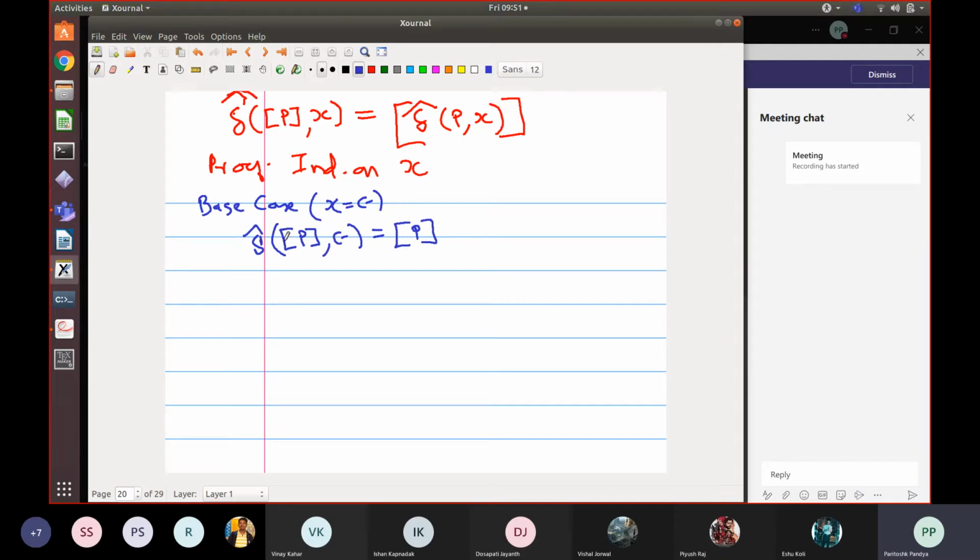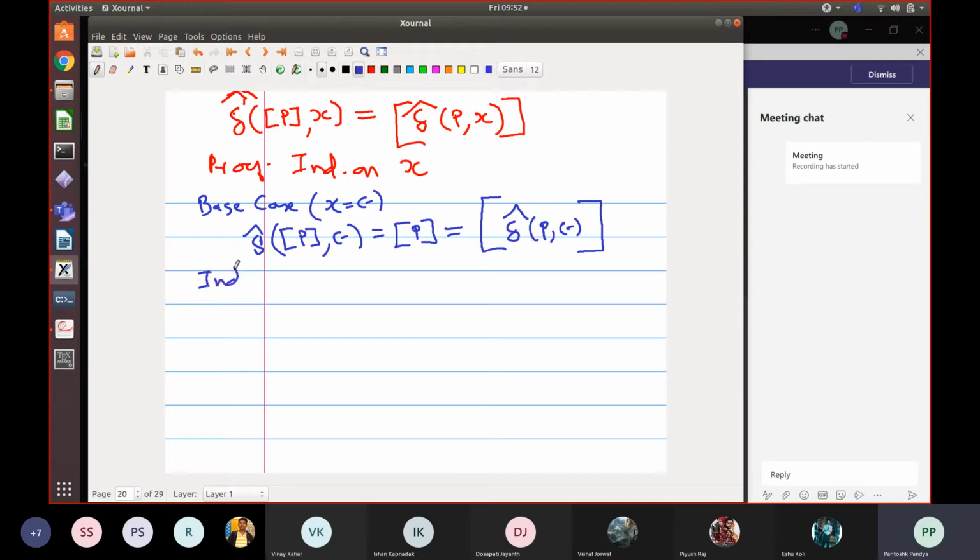So in the collapsed automaton, the basket of P remains the same as the basket of P under epsilon. And this is equal to, P is equal to delta hat of P on epsilon. You will agree with that. And so if you take the equivalence class, this is the same as this. So this is a very simple proof for epsilon.